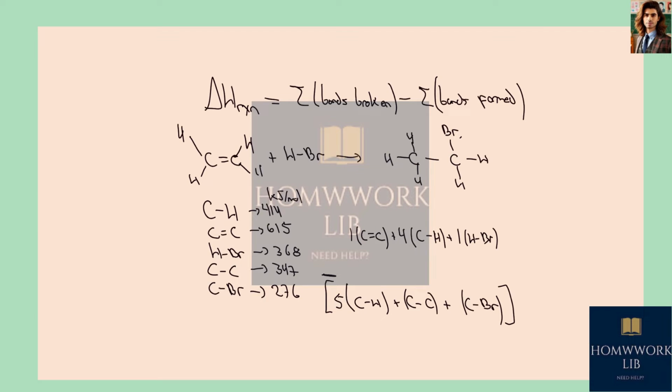So in the first part, we're going to have 615 plus 4 times carbon hydrogen, that is 414, plus 1 of HBr, that is 368. The result gives us